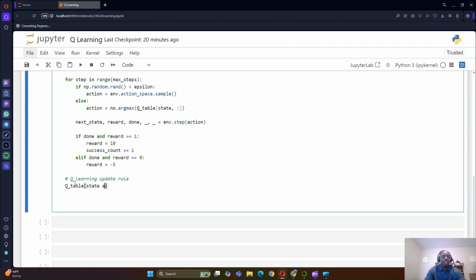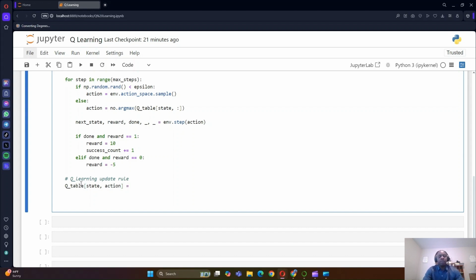So our state and action. Okay, Q table state action